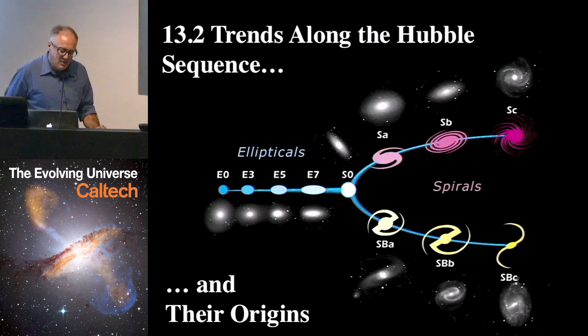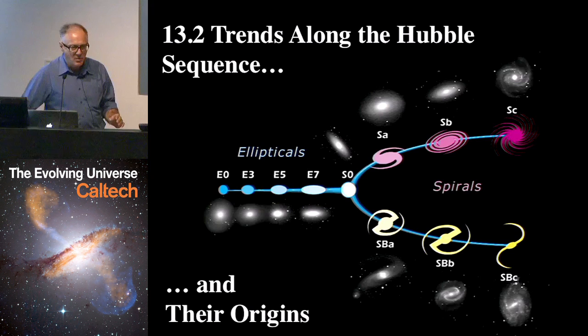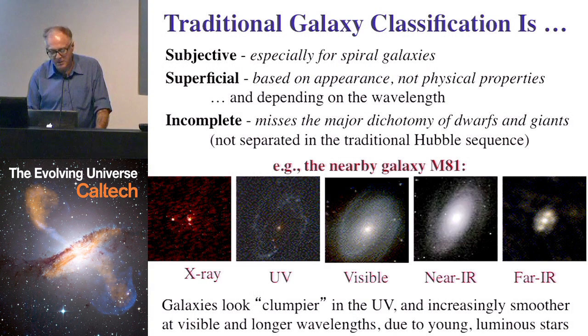Well, let's now take a closer look at how properties of galaxies change as a function of their morphology, and where does it come from? So here is another schematic representation of the Hubble sequence with actual real-life example pictures superposed on them. And one thing to notice about this classification is that it has some